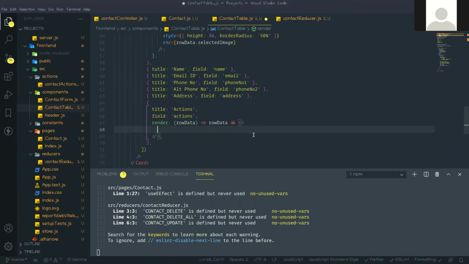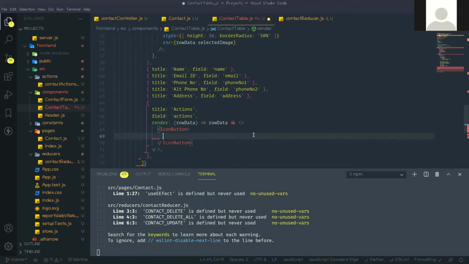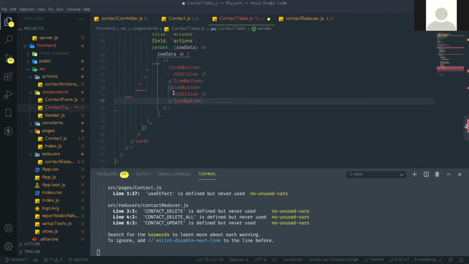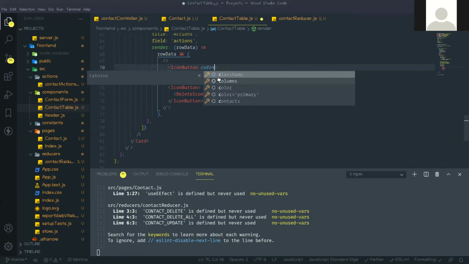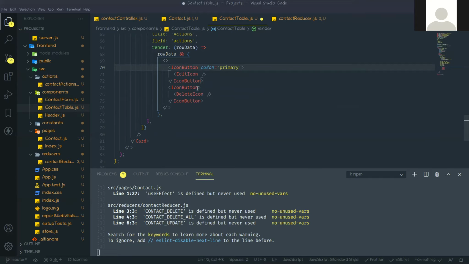Here actually we are creating two buttons. So IconButton, in this IconButton, the first one is the edit icon, and the last one is the delete icon. And for the IconButton color, the first color should be primary, and for delete, the color should be secondary.